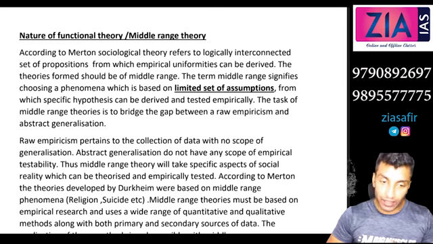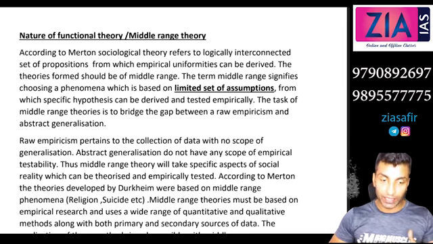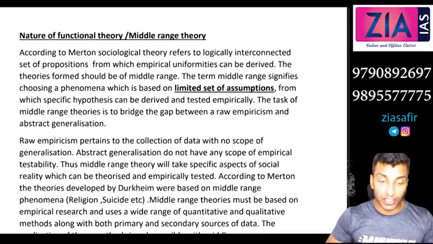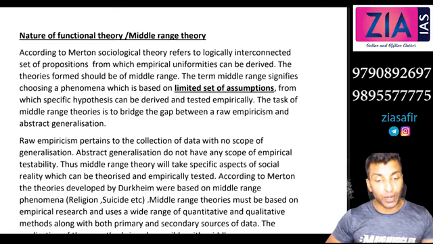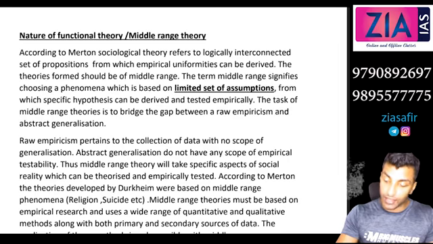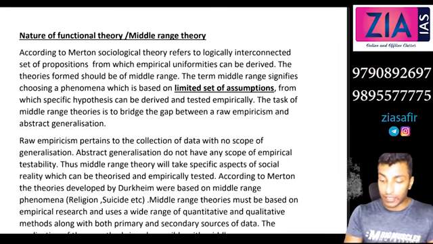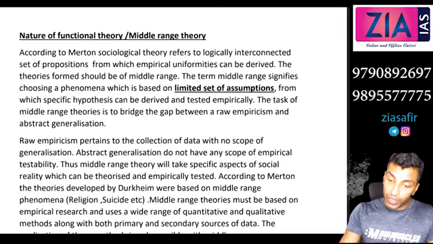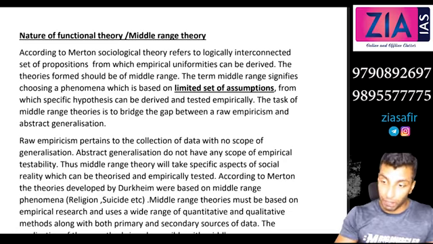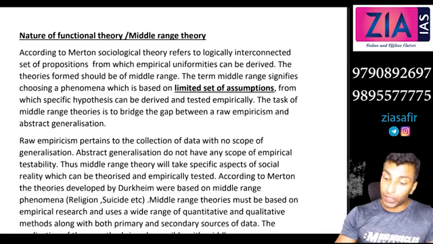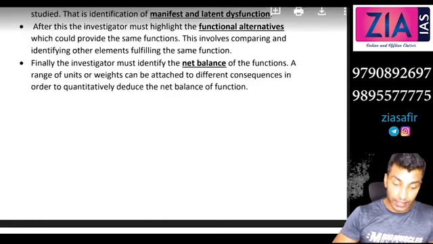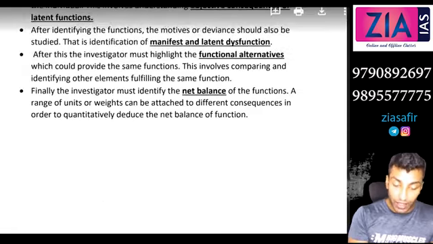Okay, sir. Because you are identifying the functions and dysfunctions, both are mentioned. When it is more subjective, we will say functional bias, in which case you will only try to identify the function. But here, Merton is asking specifically in the procedure itself that you have to list down the functions, then list down the dysfunctions. Not only manifest function and dysfunction, latent function and dysfunction also you have to list down. And finally Merton also says you have to assign certain weightages. You can see here, you have to assign a certain range of units, weights.